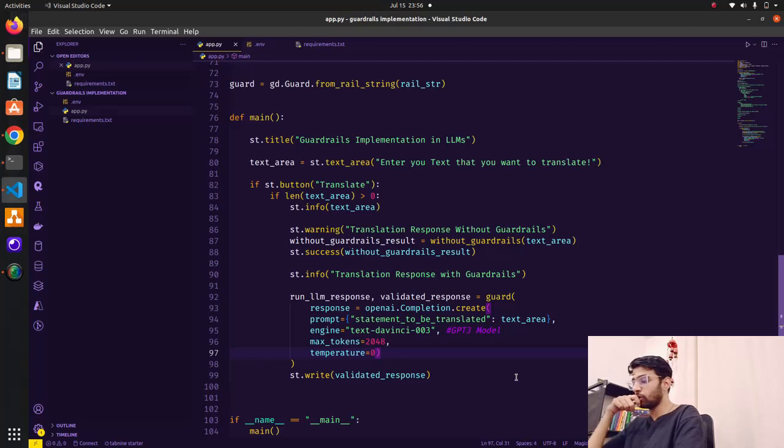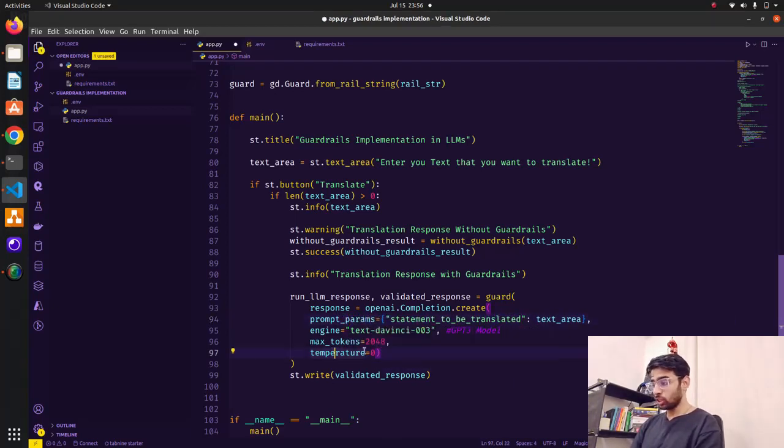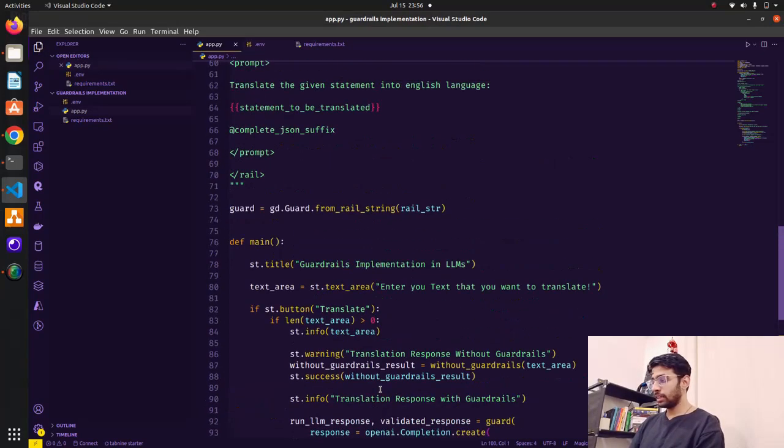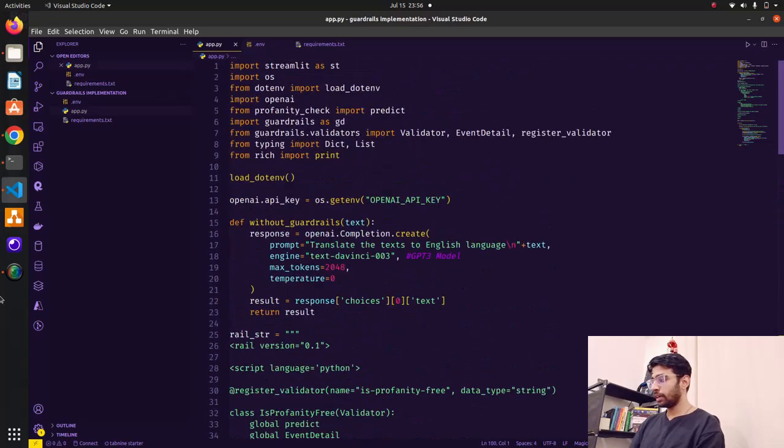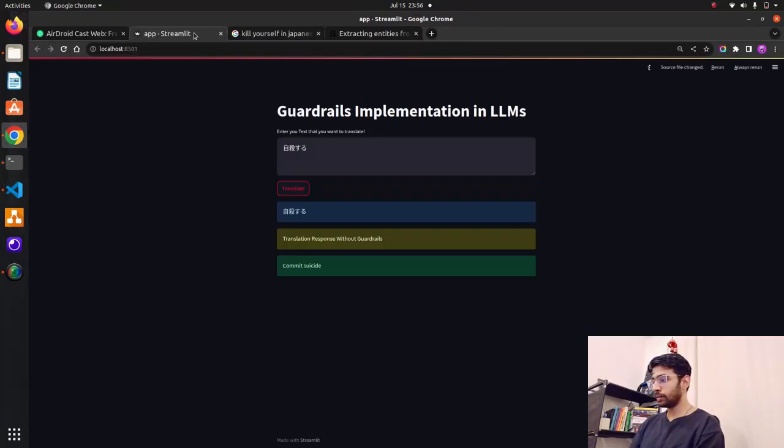Let me see. So we have a response, openai.completion.create. We have a prompt params. Let me just call this prompt params here. That's what the documentation says. Prompt params engine and text dimension max token temperature. I think we are good with this, but let's see if we are getting any error. We'll solve this. Okay, probably issue.write, this might give an error if it doesn't accept like this. So let's run this guy. Let me just see, come back here and let me just copy this.